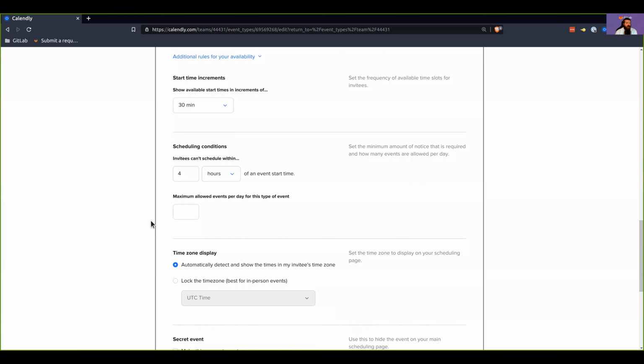Scheduling conditions, namely, let's say I want to schedule a meeting with somebody. They're like, cool, schedule it for later in the day. They might actually want to have a scheduling condition saying, you can't schedule it within 4 hours of an event start time. Meaning if it's noon right now, I can't schedule it for 3 p.m. I need to at least schedule it for 4